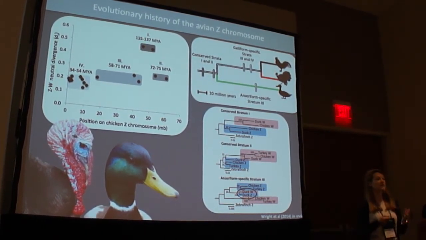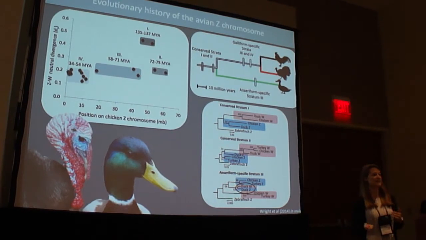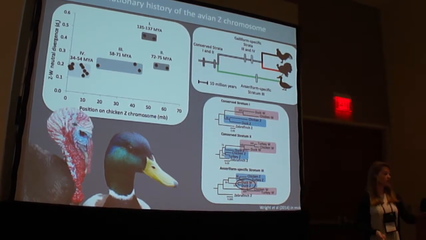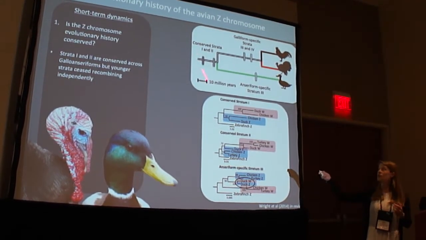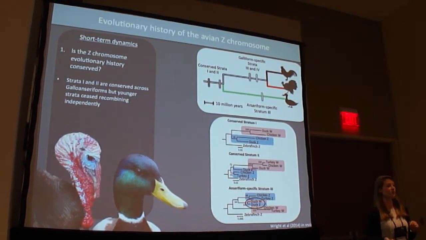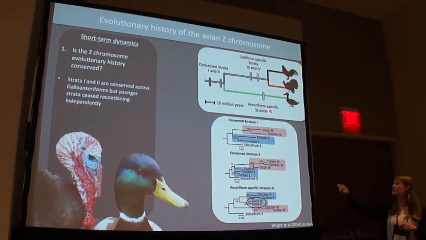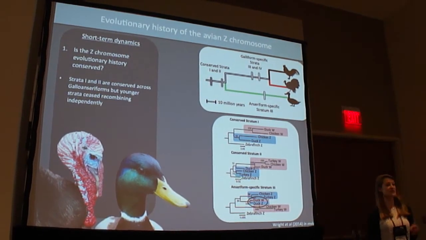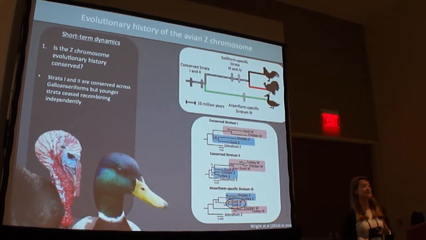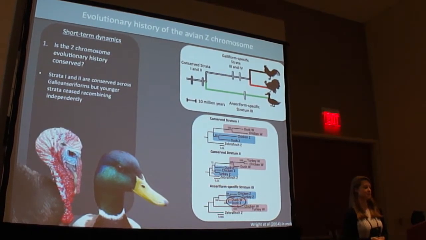And this obviously is a very different pattern from these two gene trees above. And so this clustering by species and not by sex chromosome indicates that recombination was suppressed independently in these different lineages. And so you can build gene trees for all of these Z and W orthologs, and essentially they show that the oldest two strata are conserved across the Galloanseriformes, but that there were two independent strata formation events in the Galliformes, so the lineage leading to the landfowl, and one independent event in the Anseriformes, so the lineage leading to the waterfowl. And interestingly, the time at which recombination was suppressed independently in these two lineages is relatively comparable, so about 30 to 40 million years ago.